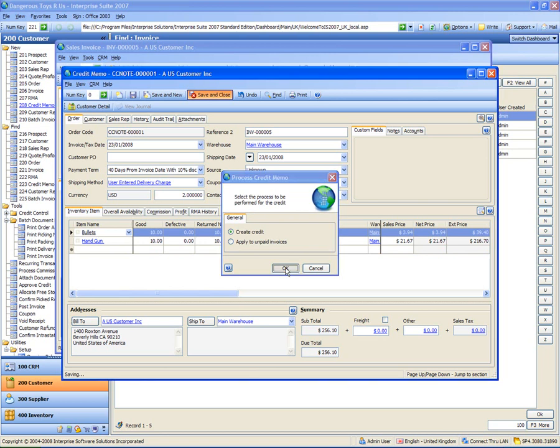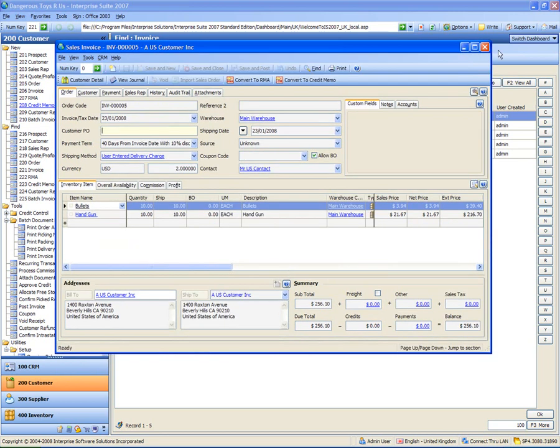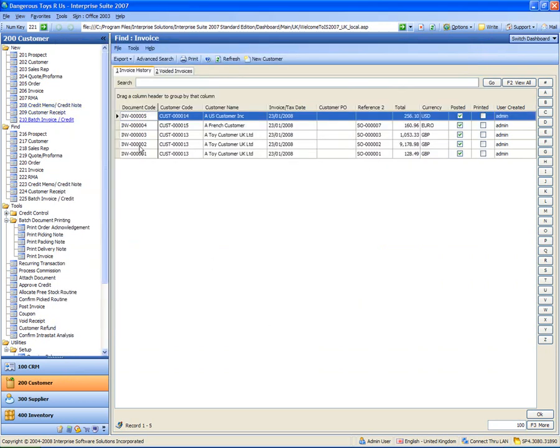And I'm just going to create the credit. I don't want it to allocate to anything. I'll do the allocation manually later. Okay, next thing I'm going to do is create an RMA, and I'm going to create it for just an active customer